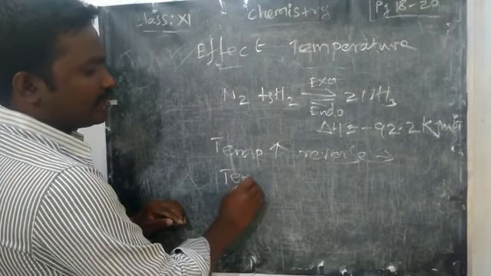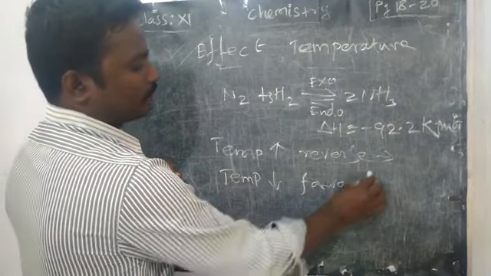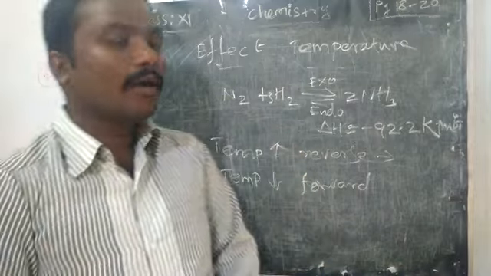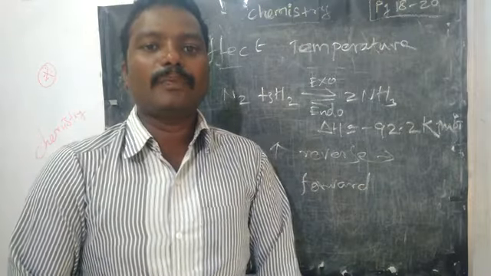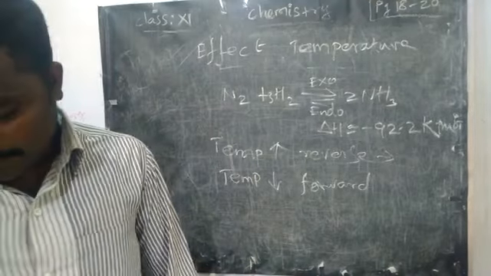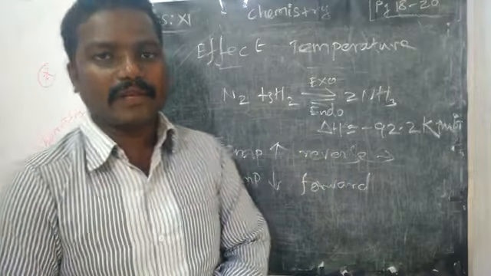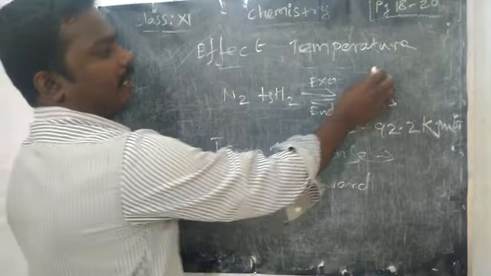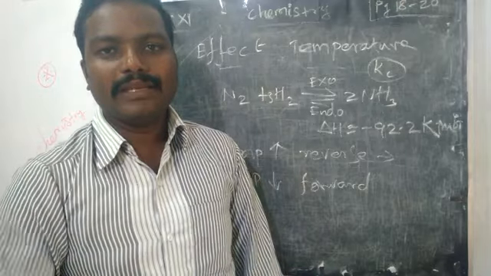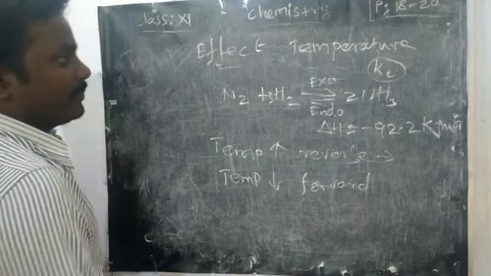Suppose I am reducing the temperature. What will happen? The forward reaction will take place. So based on exothermic and endothermic, we can explain the forward and reverse reaction, or the effect of temperature on the equilibrium reaction. Next, concentration and pressure will not change the equilibrium constant value, but the effect of temperature will change the equilibrium constant Kc value, right? Keep in mind, it may be Kc or Kp. The equilibrium constant will change because of the increase in temperature.